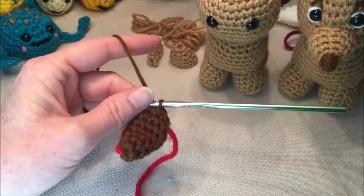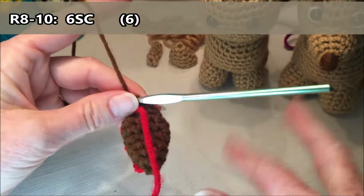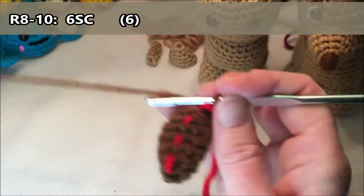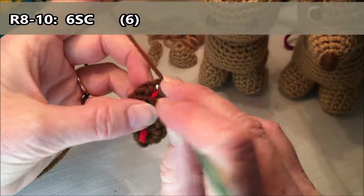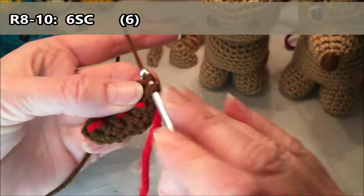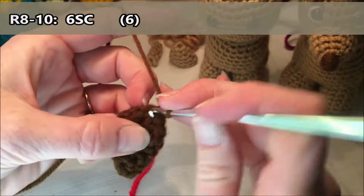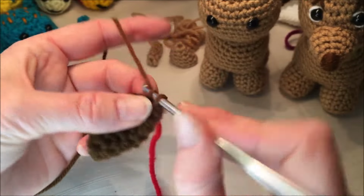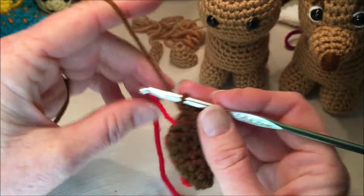Rows 8 to 10 are just 6 single crochets all the way around. 8, 9, 10, so that's 3 rows. So I'm just going to do 6 times 3, which is 18, and then just flip my marker when I hit a set of 6. So 1, 2, 3, 4, 5, 6, flipping my marker,